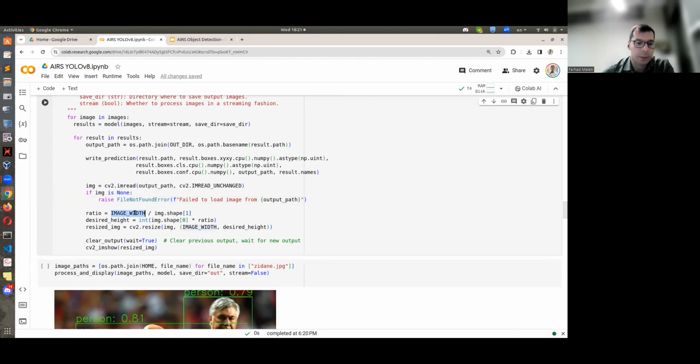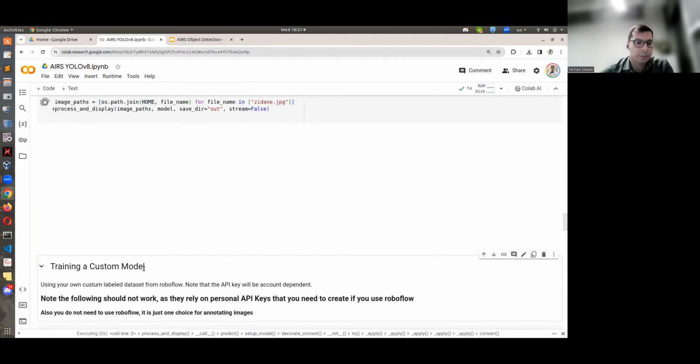Remember, we went with image width, but I want to preserve aspect ratio. When I'm done with that, I can show it using cv2.imshow. Let's do this for this image, for example. We have just a single image, and that's the name of it.